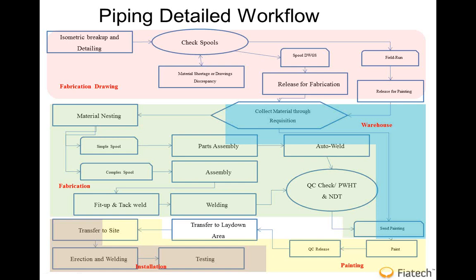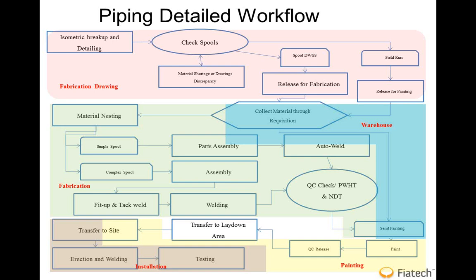Now, this is a detailed piping workflow. This is basically how we do it in CCC. If you notice, we receive the isometric, we do the breakup, we check the spool. All of this is done whenever we are preparing the drawing. Then we go to the material warehouse, we reserve the material, and then we do the proper nesting and so on. And then we provide all of these into the